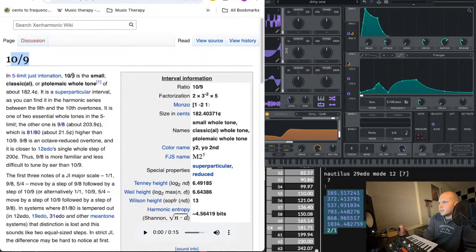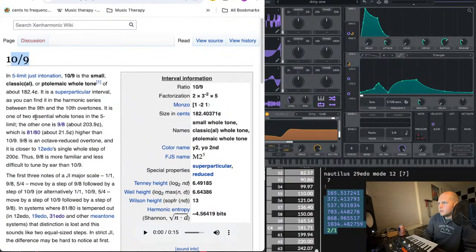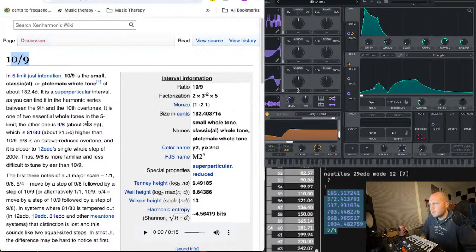And in 5 limit just intonation, 10/9 is the small classical or Ptolemaic whole tone of about 182. So it's a little shy of the 12 EDO, which is 200 cents. 12 EDO is pretty close to 9/8, because the 12 EDO system comes from stacking fifths. So if you had to put a limit on 12 EDO, it would more or less be good at the 3 limit, not really good at anything past that. Or it's okay at the 5 limit,